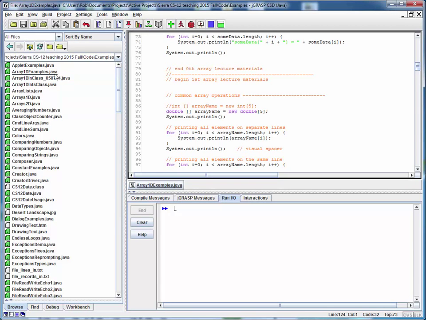This is the next part of a code walkthrough for the example file Array1DExamples.java. Now, we said that this was a rather lengthy file and that it would be more effectively demonstrated by breaking it up into pieces. So that's what we're doing here. We've already examined the code above this point, so what we're going to do is set a